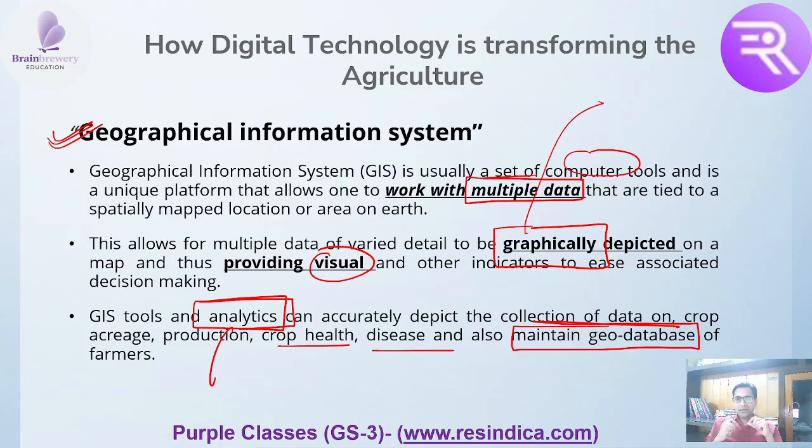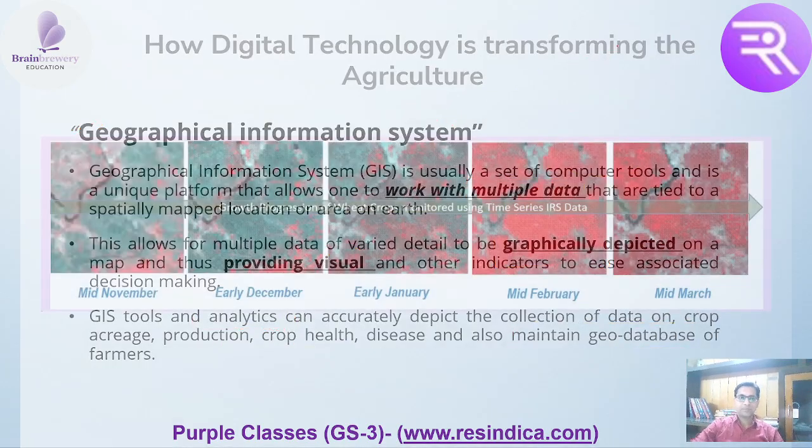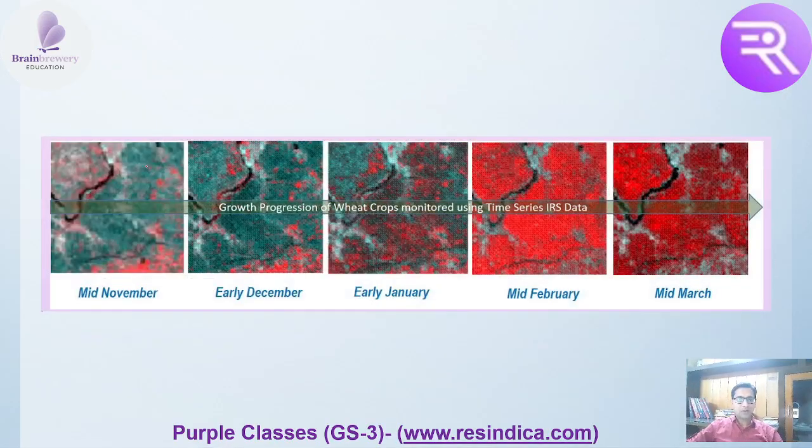Everybody is going to be in a win-win situation, whether it is the credit company, the farmer, the government, or the insurance company, if you are able to predict the things exactly. So the geographical information system will be helpful in predicting the things. Okay, so here if you can see, for the satellite imagery, this is a growth progression